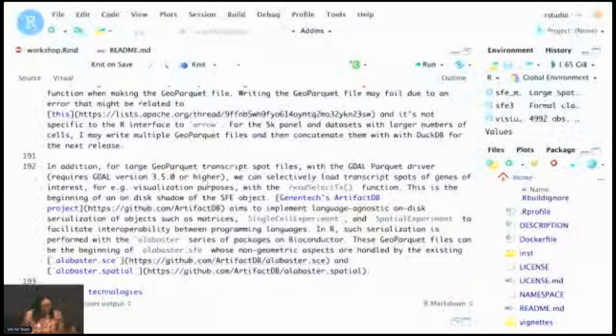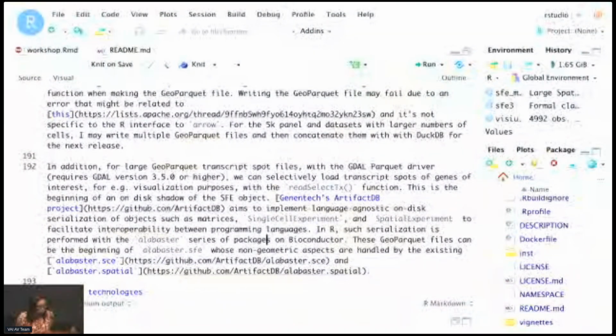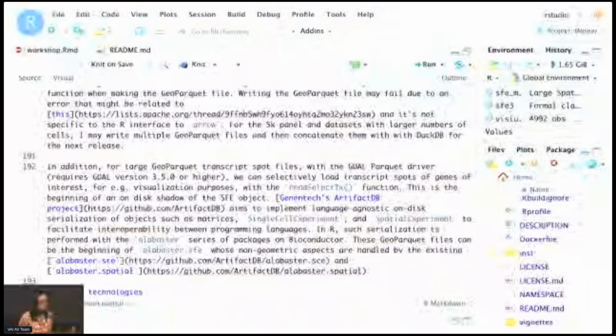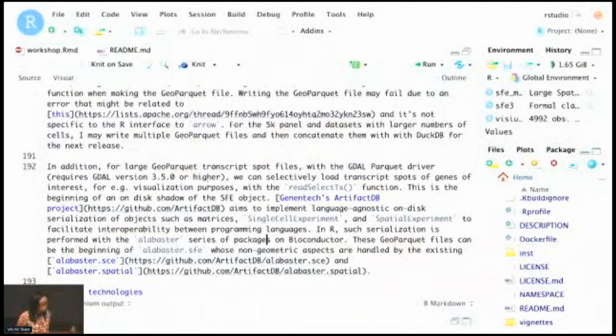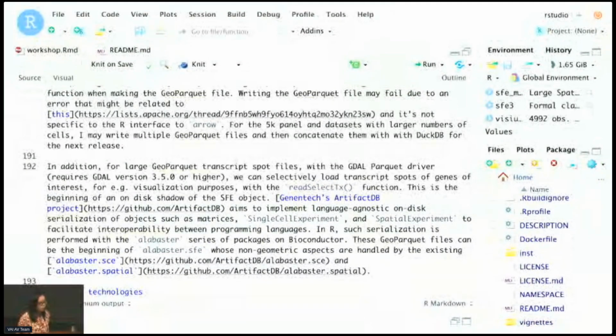I also have plans, which I haven't implemented yet. Right now, the cell segmentations are also loaded into memory. So far, even for datasets with hundreds of thousands of cells, I haven't run into memory issues, even on my laptop. But if you have multiple samples with millions of cells, I might not be able to do that on my laptop. However, in the geospatial field there are already many large datasets, and there is already infrastructure that allows us to perform geometric operations out of memory. For instance, there's the Apache Sedona package, and it's actually on CRAN.